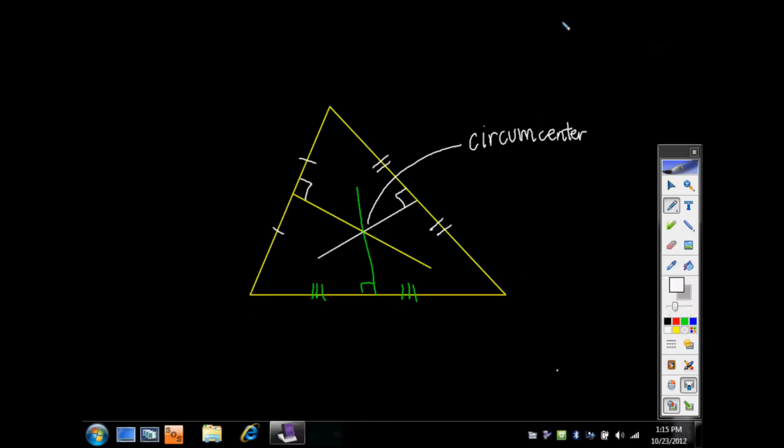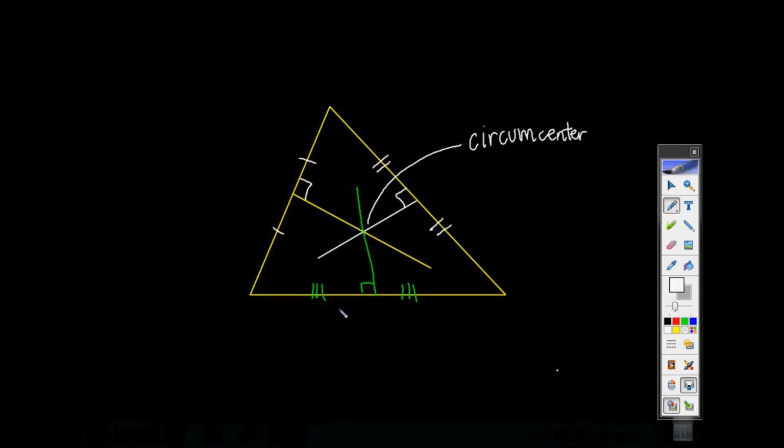All right. So, like I said, each side has a bisector, and the point where they meet is called the circumcenter. Now, it's not always in the center of the triangle, and that's where it kind of gets a little tricky. It's inside the triangle, but not necessarily in the center of a triangle if your triangle is acute. And if you remember, acute means all the angles are less than 90. If you have an obtuse triangle,